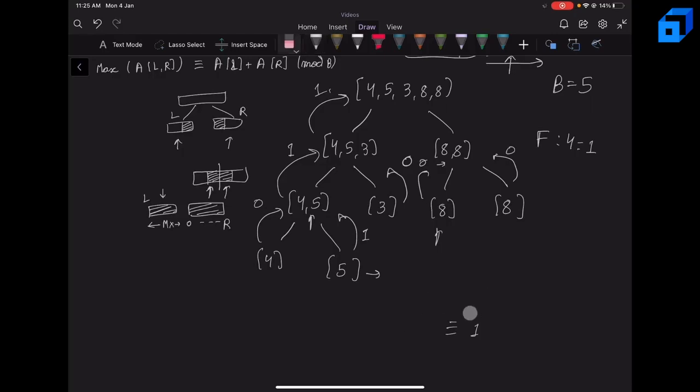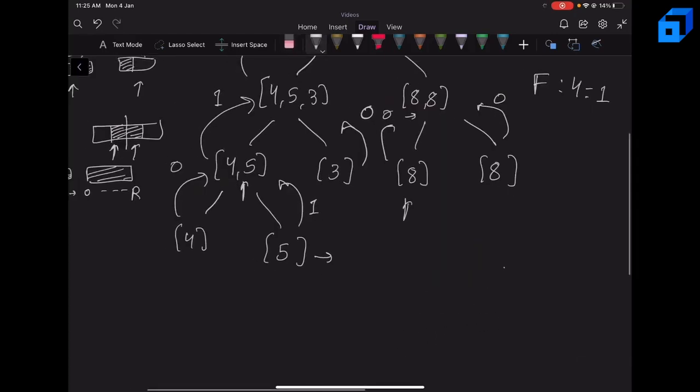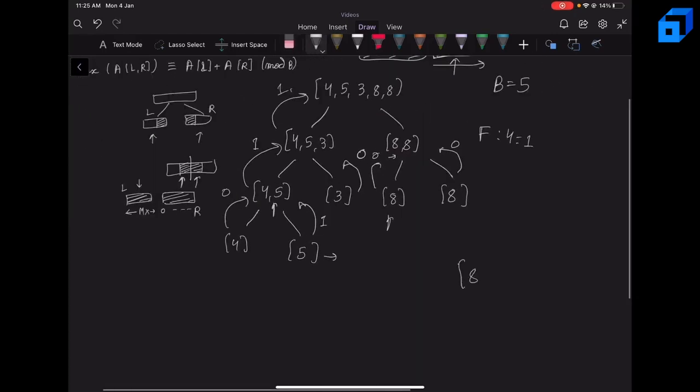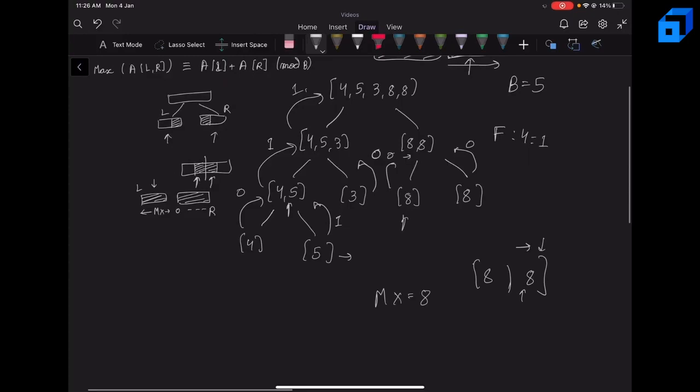Now for 8, 8, we will do the conquer part. So we first assume that the maximum lies in the left part. So we have 8, 8 and a partition here. So maximum lies in the left part. So our current maximum is 8 and we will try to increment our right pointer from here as long as the values are less than or equal to 8. So we know that we can actually move to this 8, right? Our right pointer can be here since this 8 is less than or equal to 8, and we'll update the frequency of 3 because we are storing the frequencies modulo 5. So the frequency of 3 will be 1.